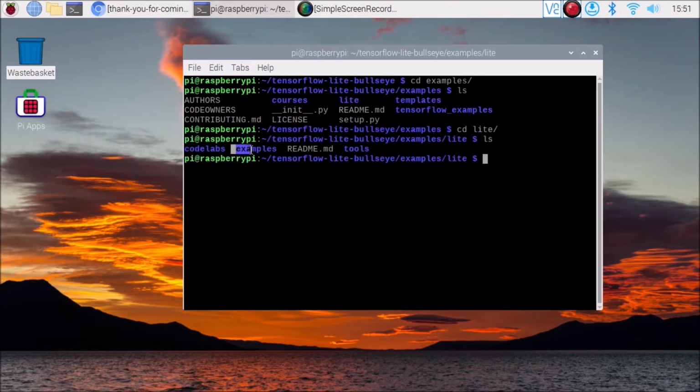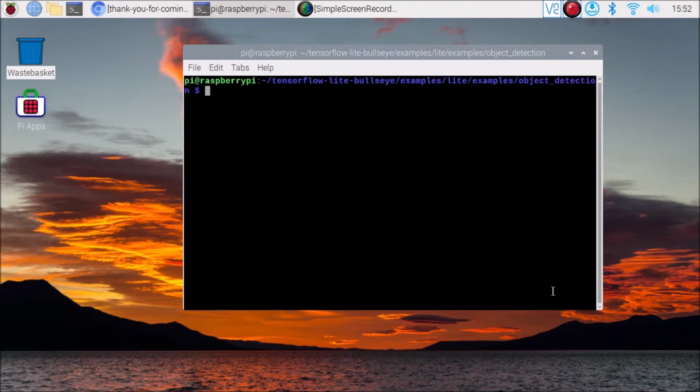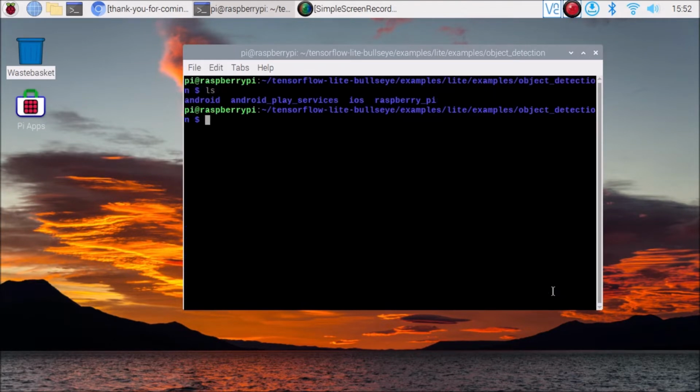Inside we have another examples folder, so cd examples, and ls again. Inside that we have the object detection folder, so we search for it. As you can see, this is the object detection folder. Simply run the command cd object_detection, and here if I run the ls command, as you can see, we have our Raspberry Pi folder.